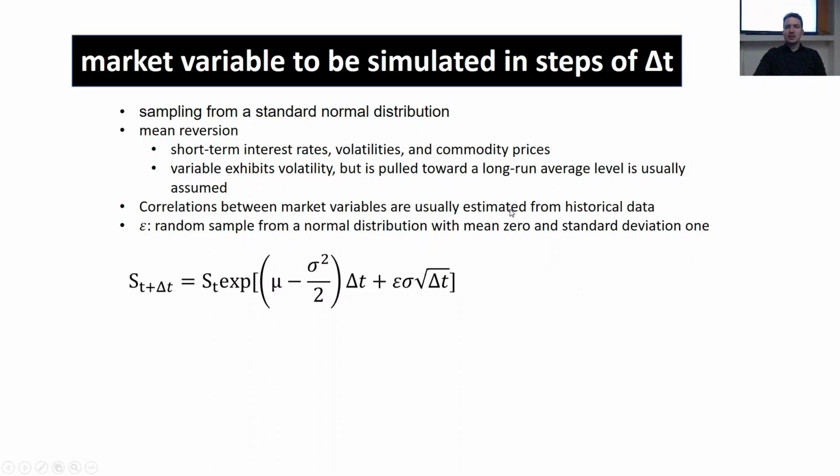Correlations between market variables are usually estimated from historical data. Yeah, this is what we will do later on. And we take a random sample from the normal distribution with 0 mean and standard deviation 1. So again, we have this standard normal distribution. The book sometimes confuses normal distribution with standard normal distribution, which can be misleading because we can calibrate a normal distribution as well. Just right now they are lazy to do that. So it will always be 0 and, no, sorry, this one is variable sensitive, but otherwise